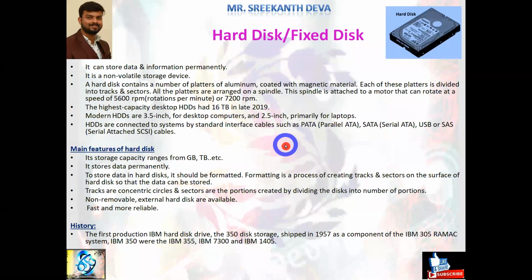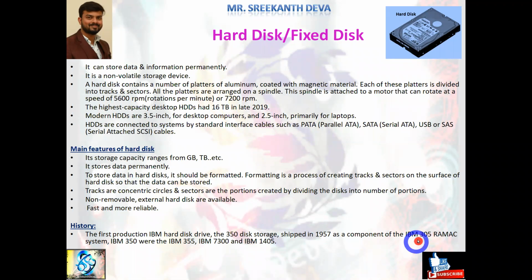permanently. IBM, International Business Machines, invented the hard disk around the 1950s, in 1957. Initially they were called fixed disks, and later they were named hard disks. Initially they called it a fixed disk, later it was renamed hard disk. The first production IBM hard disk drive, the 350 disk storage, shipped in